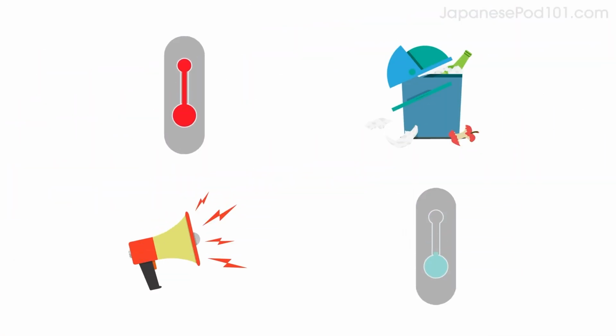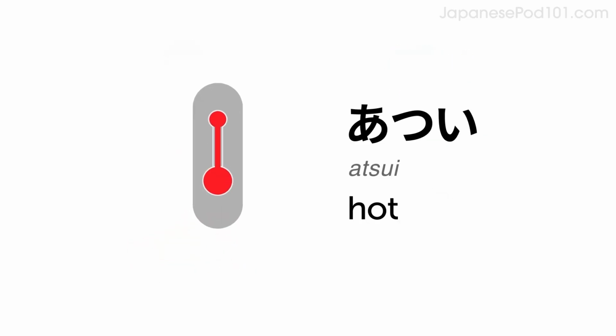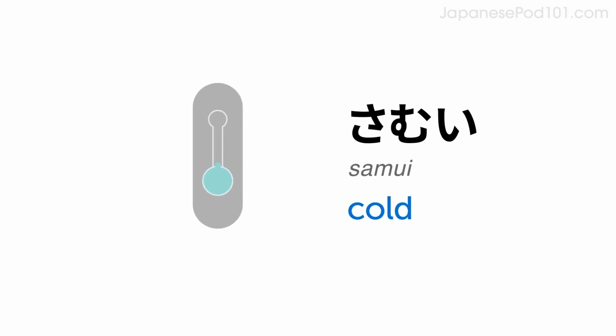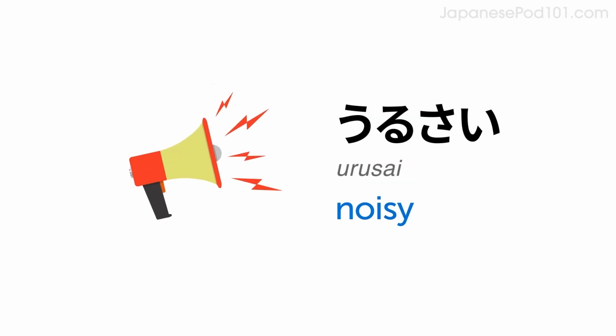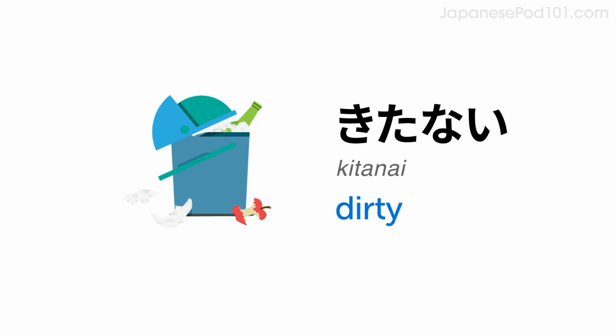Here are a few more examples you can use with the same pattern to make complaints. Hot, 暑い。 Cold, 寒い。 Noisy, うるさい。 Dirty, 汚い。